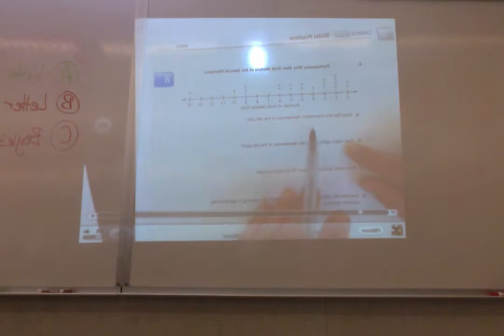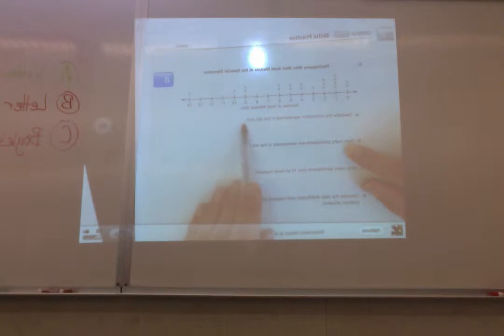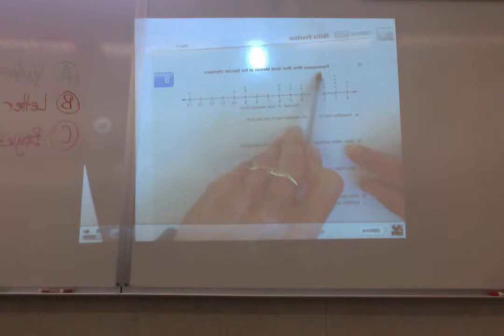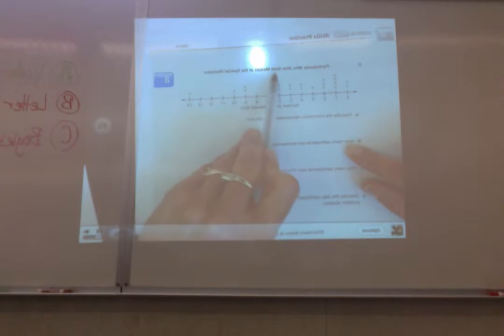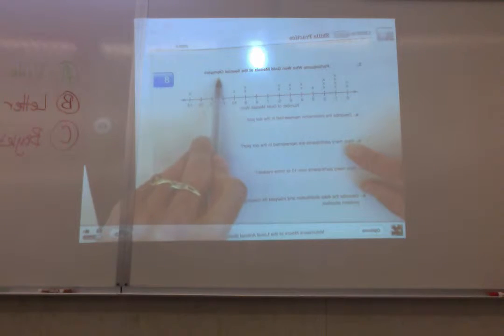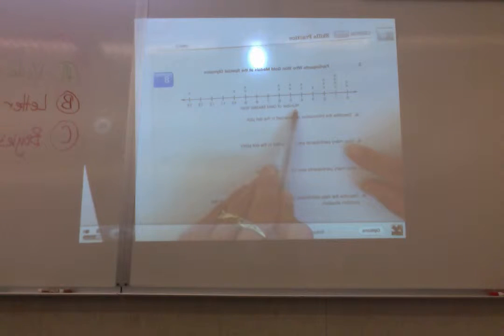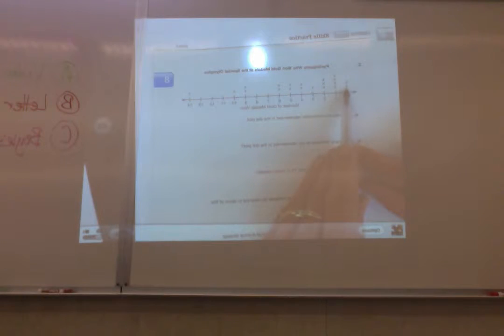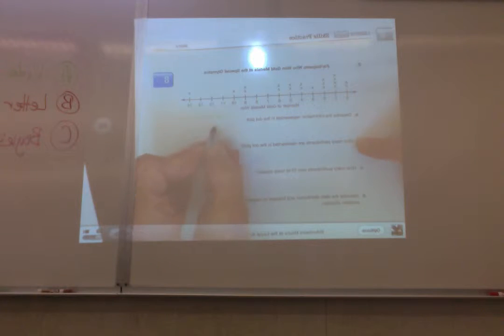2A. Now we have a dot plot. All right. Describe the information represented. What do these X represent? Look at the title. Participant who won gold medals in Special Olympics. What do the number lines represent? What does it say right here? Number of gold medals won. Okay. So, what do these two X's represent? How many people got no gold medals? Okay. So, information represented in the dot plot,